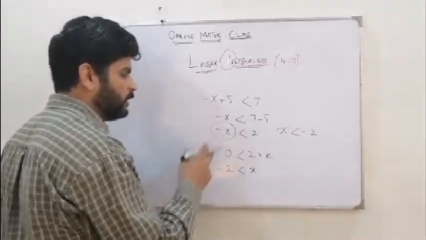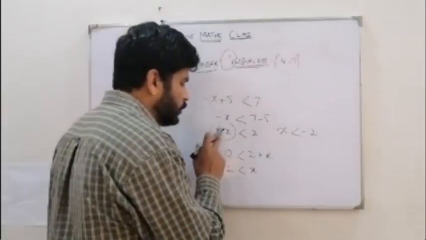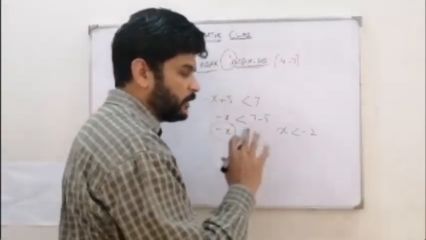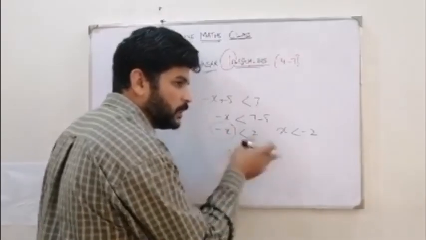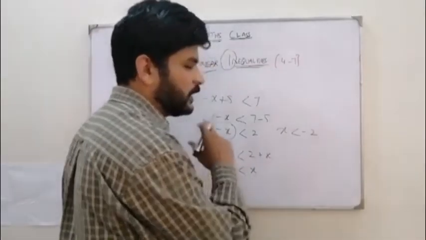So that's why you should always remember that whenever there is a negative sign with the x or y, whichever the quantity you need to find the answer for, you never divide it by minus 1 or shift the sign towards the other side. You always make it positive by moving the variable, right? Take it here, bring the other number here.